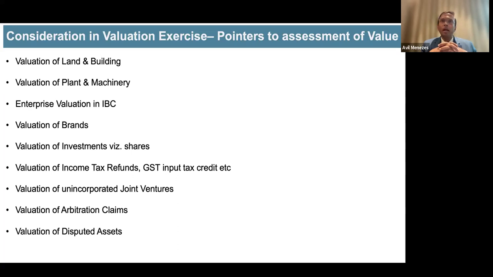Generally, they do submit a draft report just for a sanity and hygiene check. For example, I told you 160 acres, I could see only 120. So when I asked for the 40, he said, "Humko bataya nahi." So we said, please go back, have a look, and then submit a report. Sometimes they'll say, you've not given the balance sheet, you've not given this information. Then you give that additional information, because you realize the information is really important for him to come at a value.